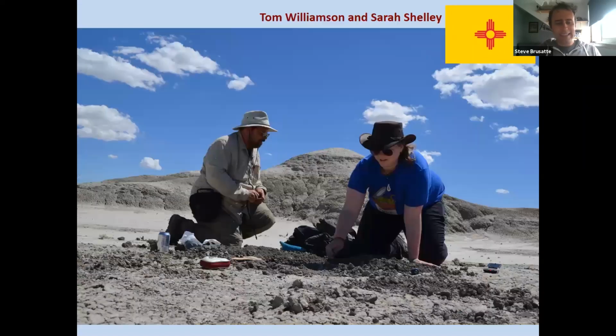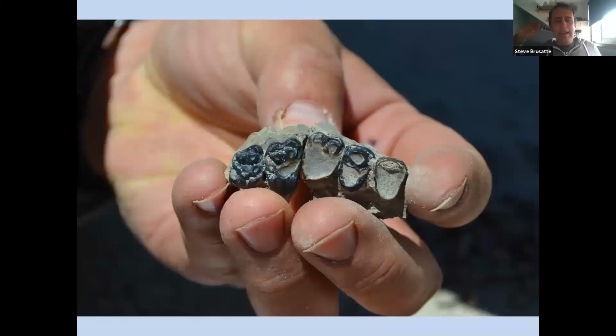other places collecting fossils. Here's Sarah, one of my students, working with Tom, who's one of my colleagues in the US, and we find a lot of these kind of fossils in New Mexico, in the rocks just after the dinosaurs went extinct. So we have lots of dinosaur fossils in New Mexico. There's T-Rex in New Mexico. There are long-necked dinosaurs in New Mexico, and then they disappear, and then we see rocks that mark that asteroid